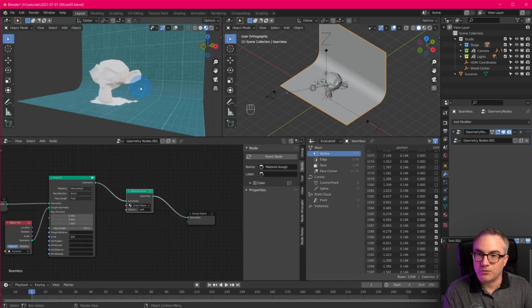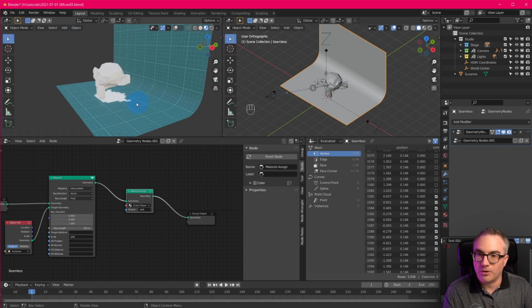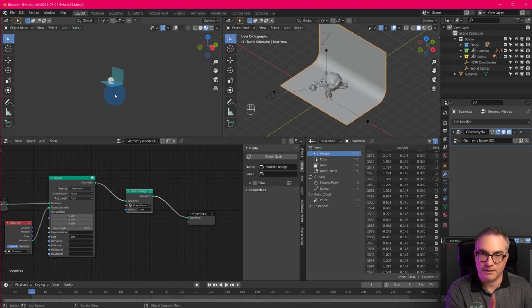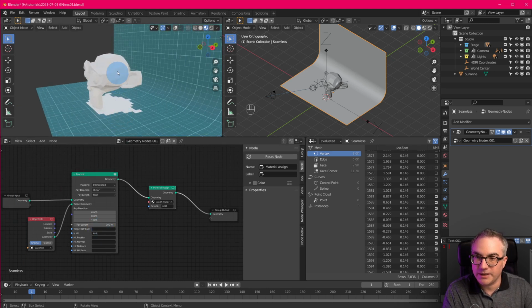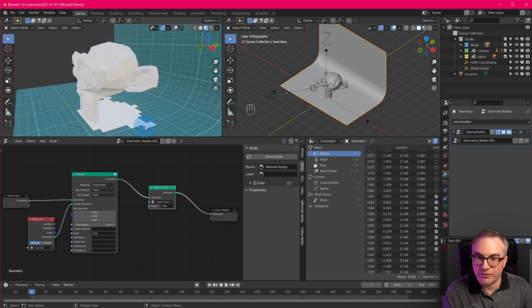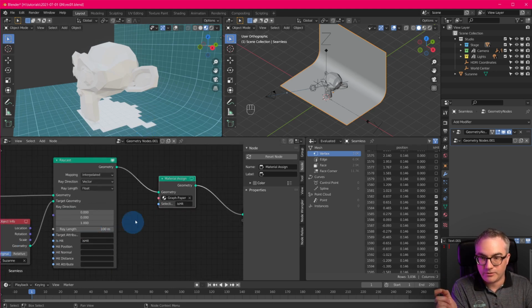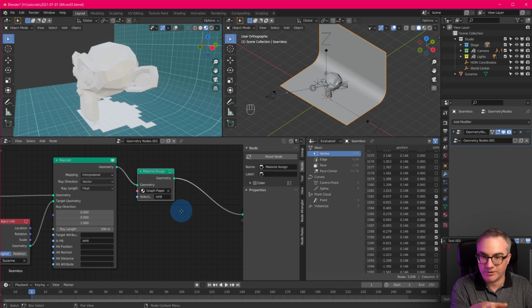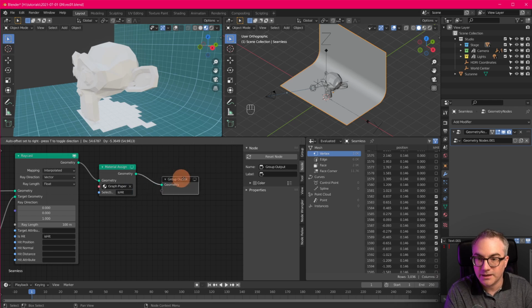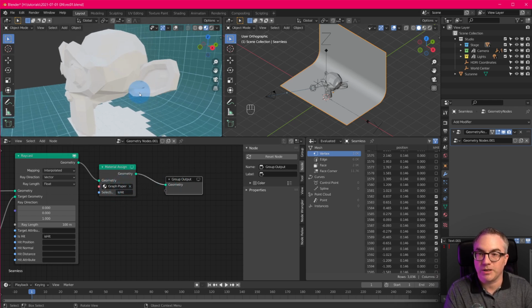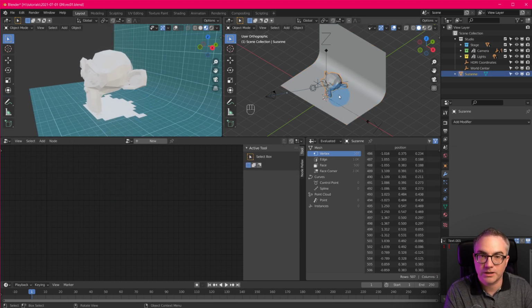So there's rays being emitted from all the vertices, and they all go upwards, straight up. And if a ray hits Suzanne, then that vertex on the ground plane gets the isHit attribute set to true, and wherever that attribute is set to true, I'm setting the vertex color basically to the graph paper. So now we're projecting Suzanne onto